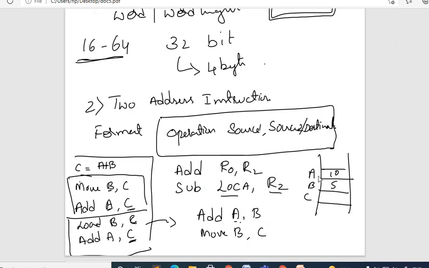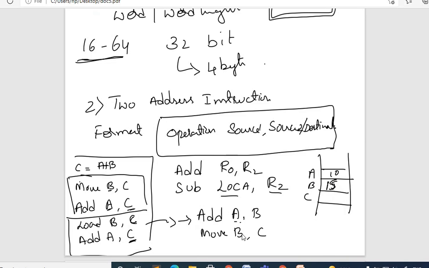After executing this instruction, 10 plus 5 is 15. So the content present at memory location B is overwritten. So A is unchanged and B is changed.